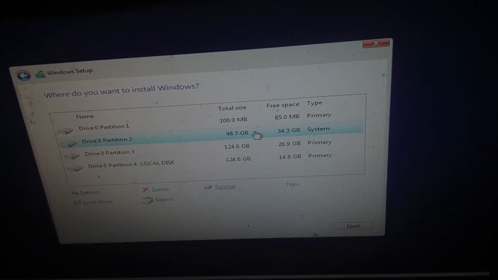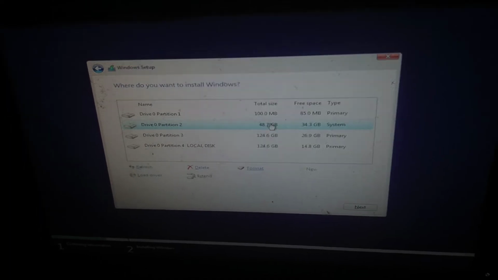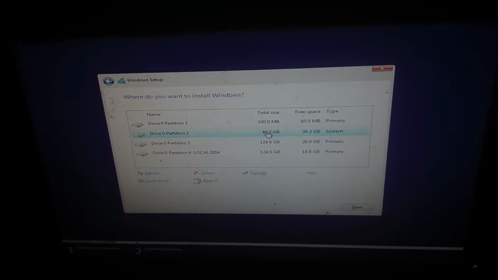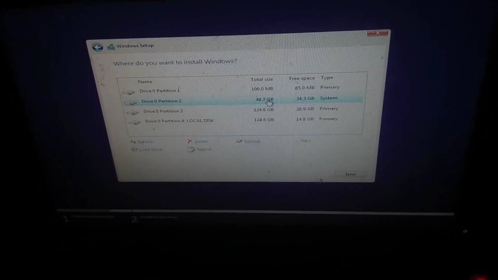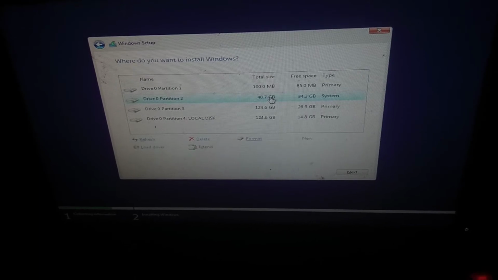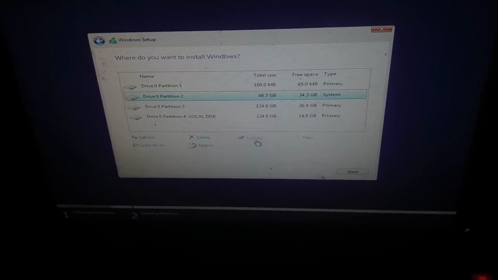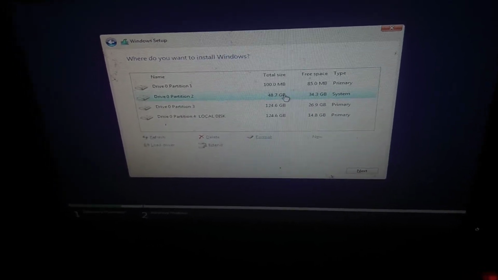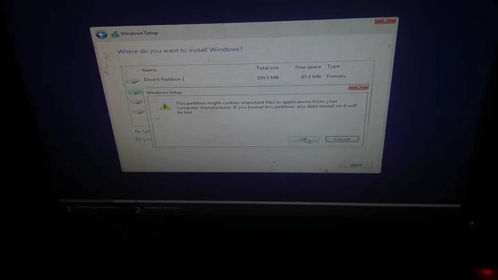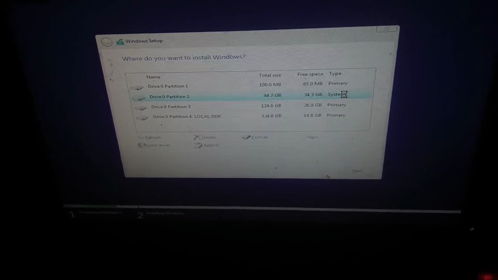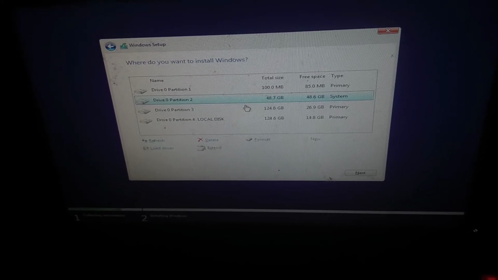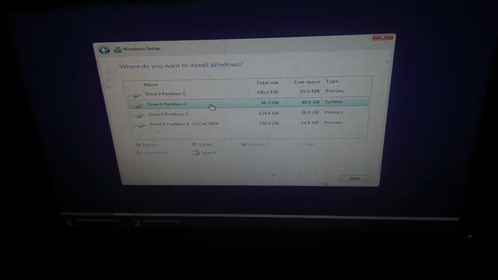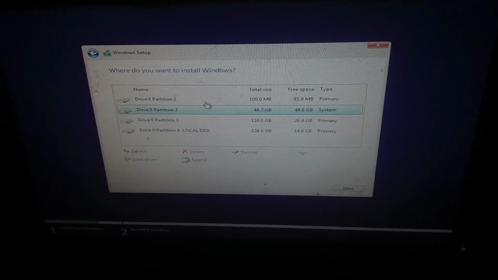Guys, be careful, caution, while doing this. Select the appropriate disk of your previous Windows. All my Windows 7 files are installed in this disk, guys. Okay, I selected this. For a clean installation, I am clicking format, guys. You can see the partition of 48 GB system. I am going to install this only in my previous system. After clicking format, every file will be Windows 7 OS files, guys. This is operating system files, not your videos, apps, guys.